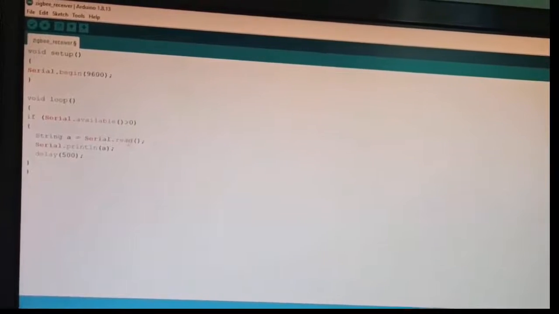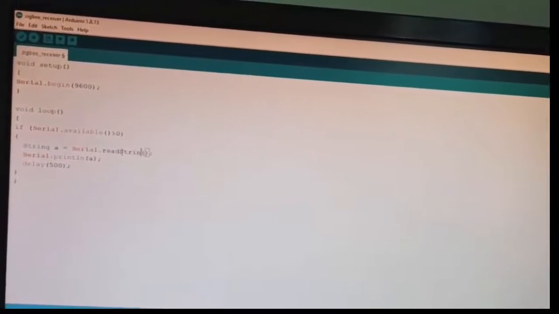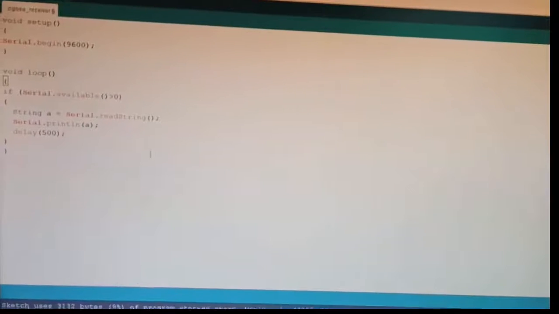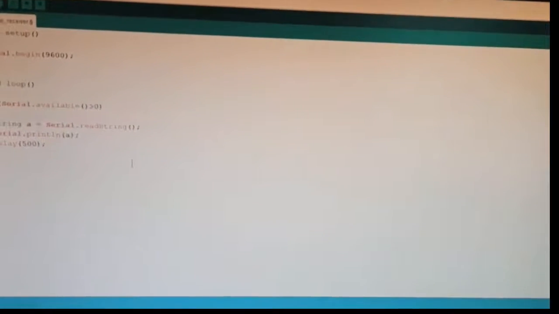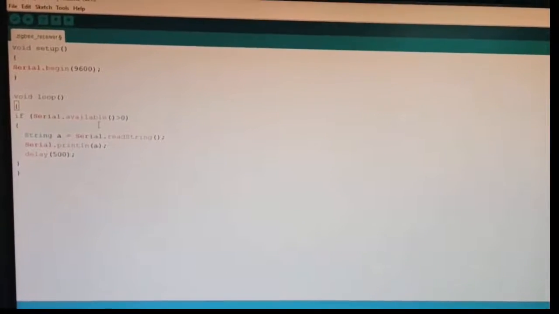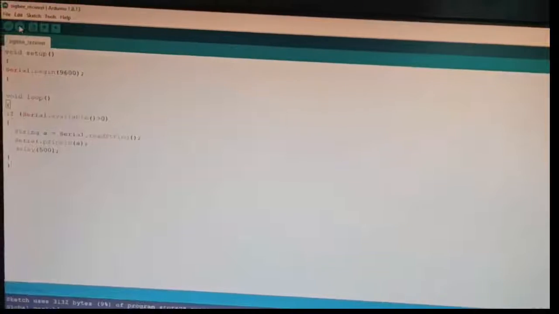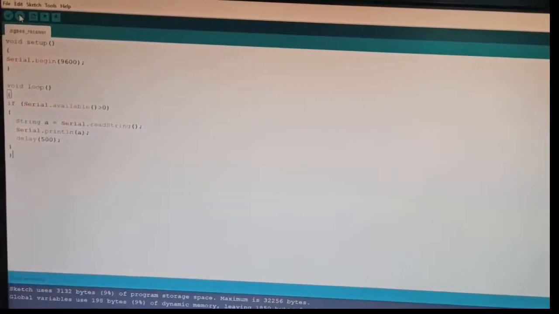String a, and here also we need to change to string. So I am creating a string variable and I am reading the string data from the serial receiver. Okay, then we need to upload the code. See, the code is uploaded.